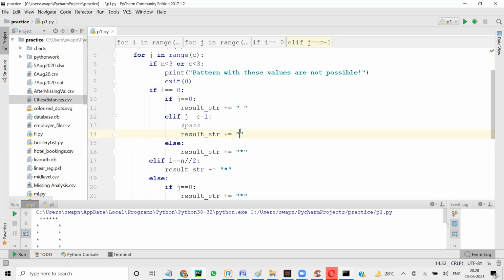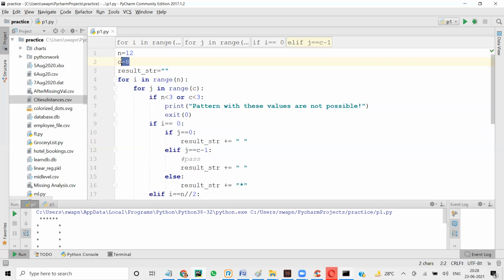Okay, it doesn't matter. Now here for the rest, in the first condition, i equal to 1, j equal to 1, we're giving some space here. Else if j equal to c minus 1, where c means columns. In the previous example, 5 is there. Correct. 5 minus 1, okay, great. 4. That is the last, right? Last column, this one. So here, one option is you give space or you don't do anything, right? Because towards the right hand side, if you leave it, it's anyway space, isn't it?